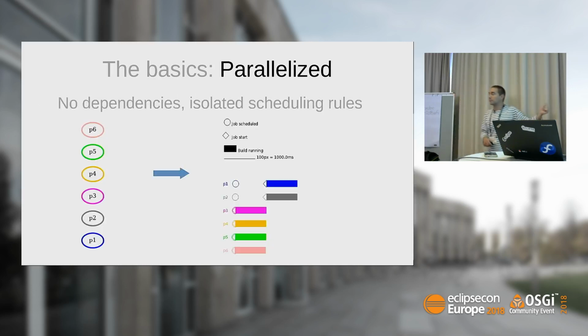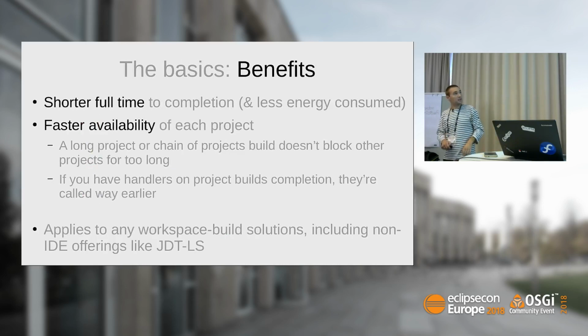If you go on 4 threads, instead of a sequential build, you get this kind of build, the same 6 projects. You see here that the builds are scheduled simultaneously, and because we decided to throttle on 4 threads, only 4 builds will start up, and whenever a thread is free, the build of another project will start. That's what throttling does.